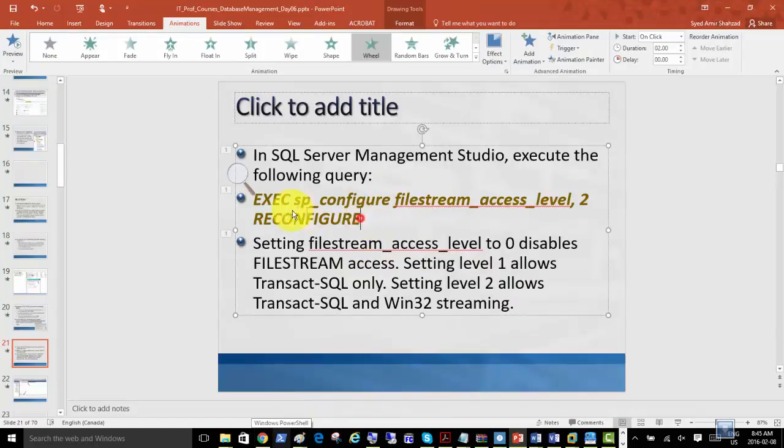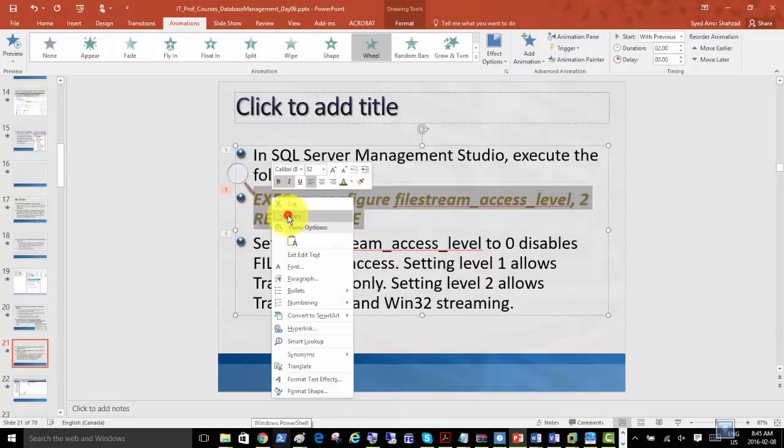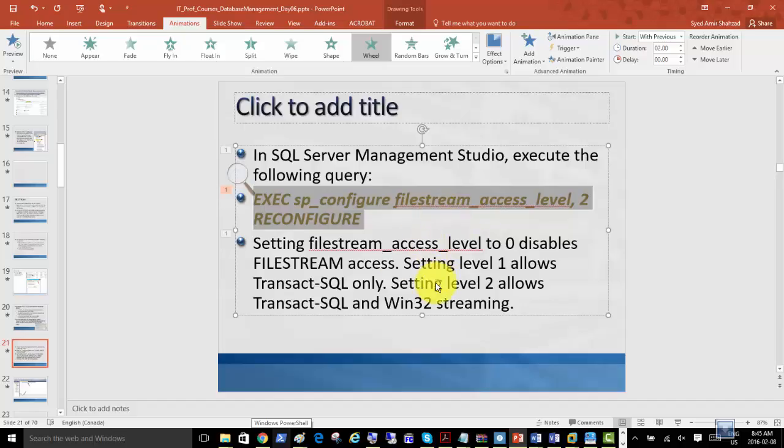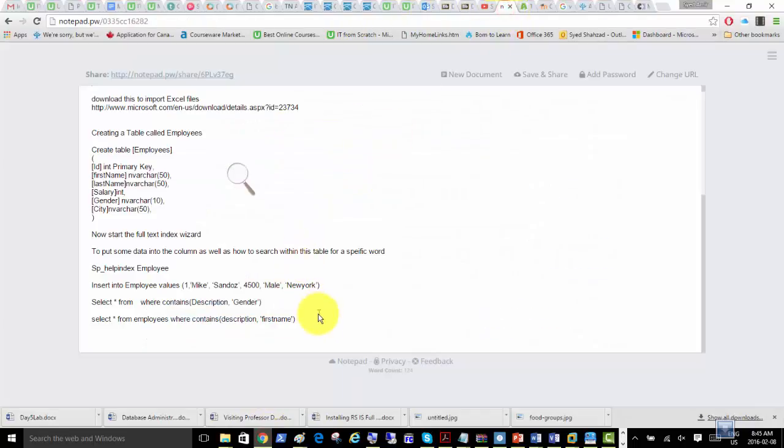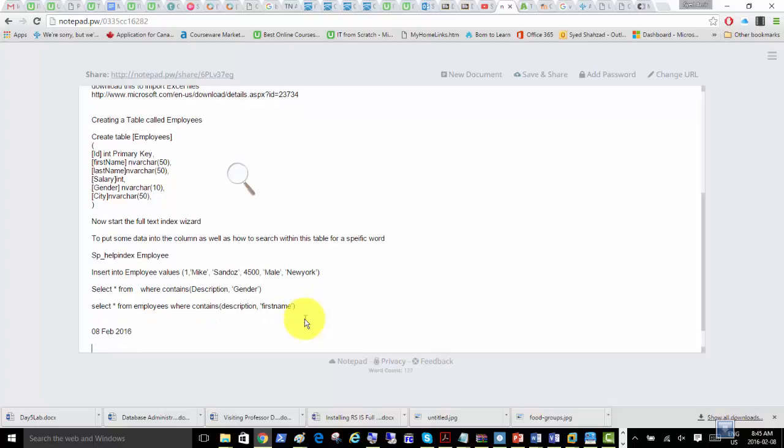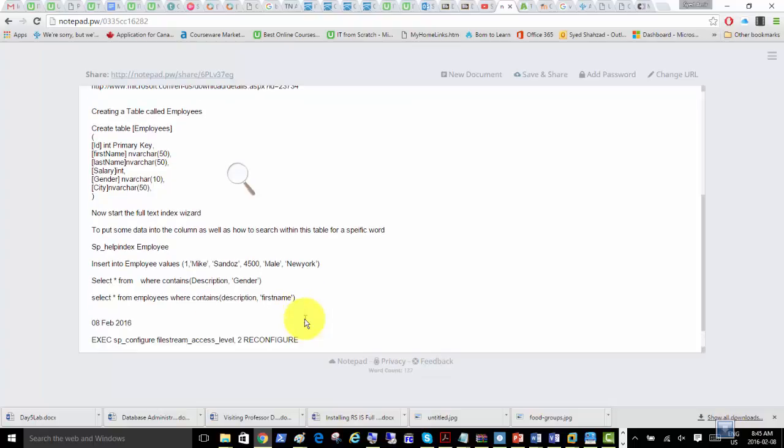So I'm just gonna put this code there, and what this does is gives us the access to file to use the FileStream feature. So I'm going to that. The previous codes are also there. So today's date, 08 Feb 2016, and code for this